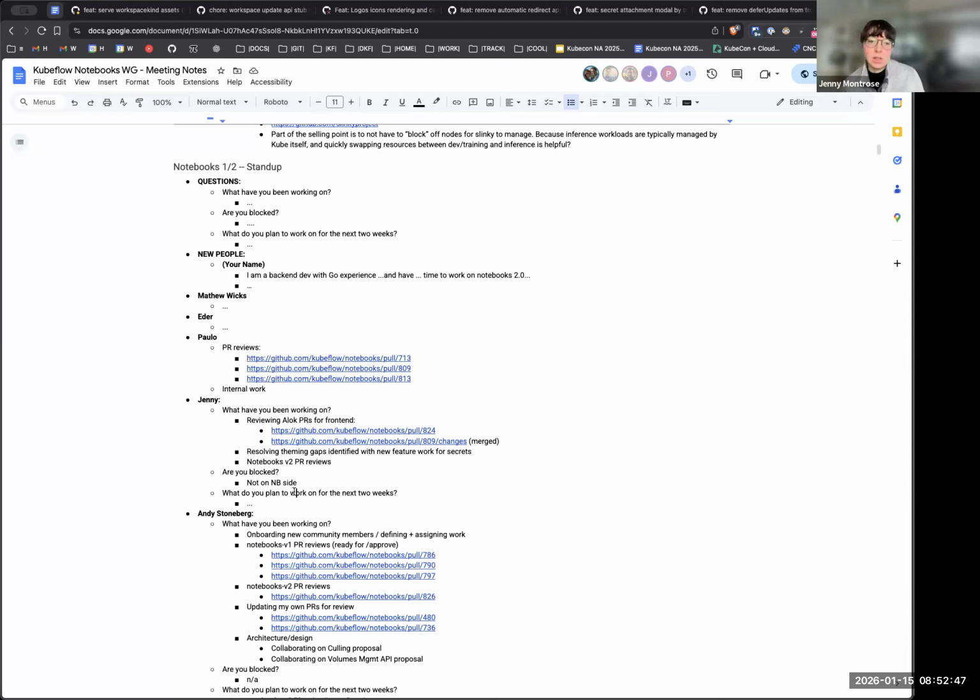Other than that, just continuing to do Notebooks V2 PR reviews, and not blocking the notebook side. There's some styling issues that are going to be coming in from the other side to pull in. So that's kind of the only blocker there, to just make sure that we're up to date with the package that we're using for that. And then for the next 2 weeks, same. So continuing this work, continuing PR reviews, and then also I think Andy and I have been talking a bit more about Dependabot, so we're doing some preliminary investigation there, and should have some more to report in the coming weeks about the results there, and that's it for me.